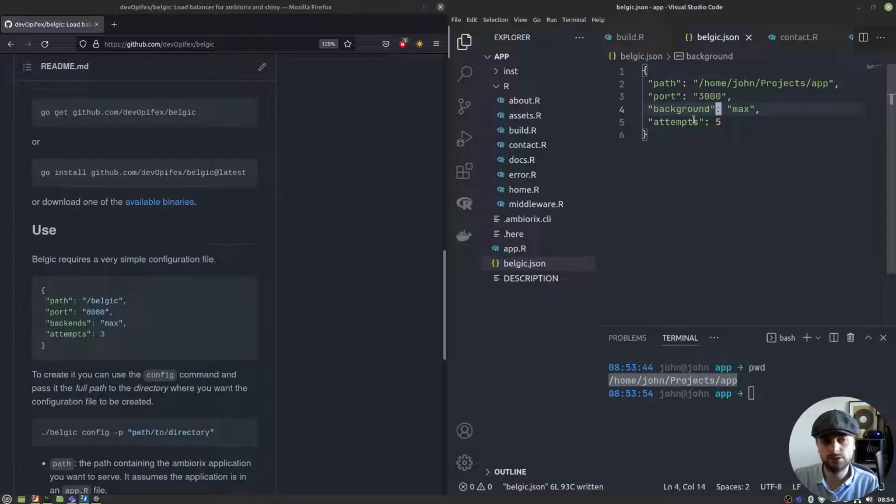However, what we can do is essentially what Belgic does: it runs a number of apps in the background. And when people come to the port that we define here, 3000 in our case, it's going to redirect them to different apps that run in the background. So we choose how many we run in the background. Max by default is going to take the number of